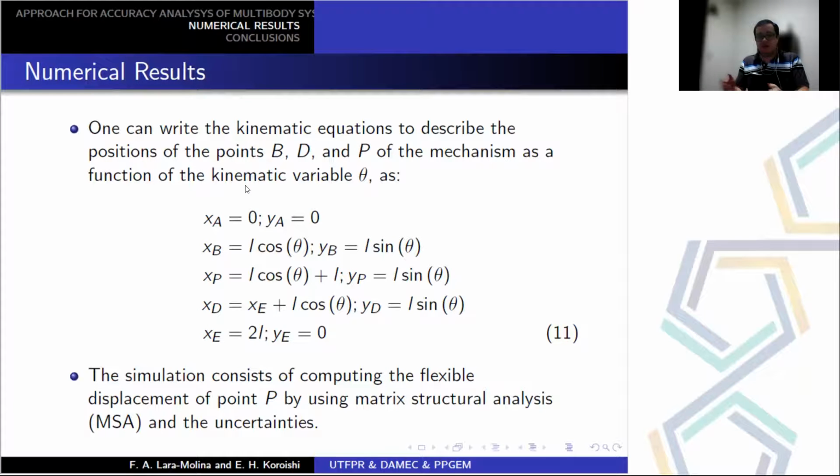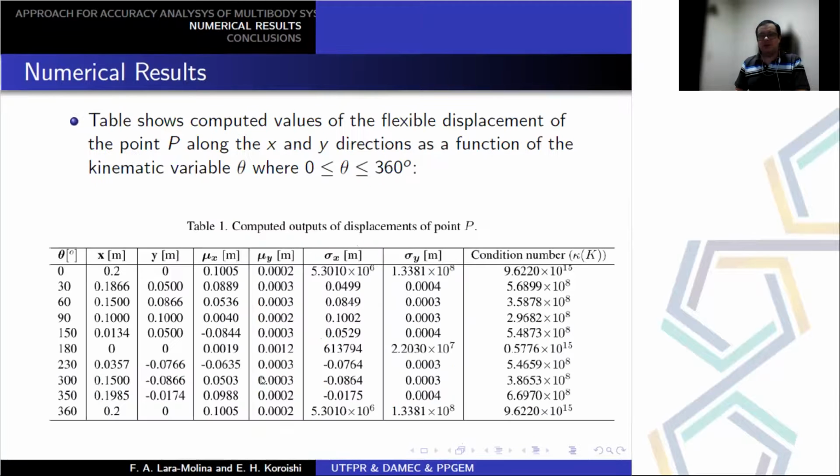The kinematic model in the points A, B, P, D, and E was also formulated, and the simulation consists in computing the flexible displacement of the point P by using the matrix structural analysis and the uncertainties with the Monte Carlo simulation method. In this table, we present the structural response of the point P for different theta angles